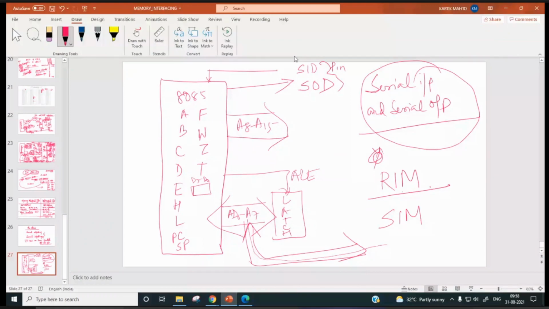These two instructions, just go through them from the textbook which you are following, and then we will discuss in detail. You have to read these two instructions properly.